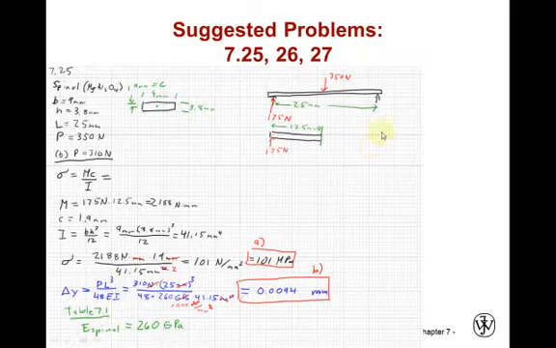Suggested problems in this section are 7.25, 26, and 27. 25 is a problem of a three-point bending test using spinel. And with the givens that we have here, we use our stress equation, stress equals MC over I. We can calculate our bending moment, our C, our area moment of inertia, and we put them into this equation